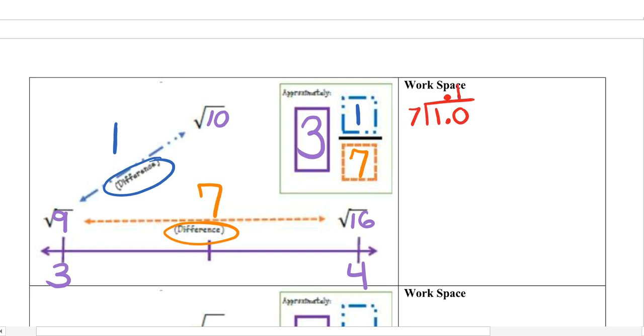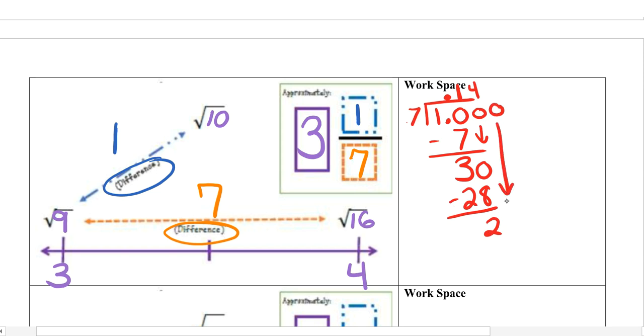bring up the decimal point. 7 goes into 10 one time. 1 times 7 is 7. We subtract, we get 3. Add another 0, bring that down. 7 into 30, it goes 4 times. 4 times 7 is 28. If we subtract that, we get 2. And because I'm rounding to the nearest hundredth, I do have to go one more place to make sure that I'm rounding correctly. 7 goes into 20 twice. That would give us 14. Okay, so I have my approximate value for the square root of 10 would be approximately